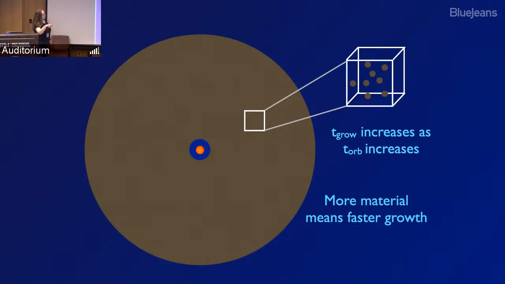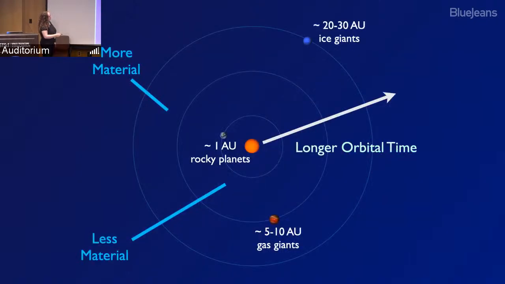couple of principles, right? So this is now my disk of solids. That's the brown. That's the star in the middle. When you're close to the star, your orbital time is short. You grow fast through collisions of solid bodies. This is assuming you have planetesimals to work with. That's a whole other story that I don't have time for today, but of course that could be critical to this story. And if you have more material, that also means you grow faster. Okay? So let's put this on this diagram.